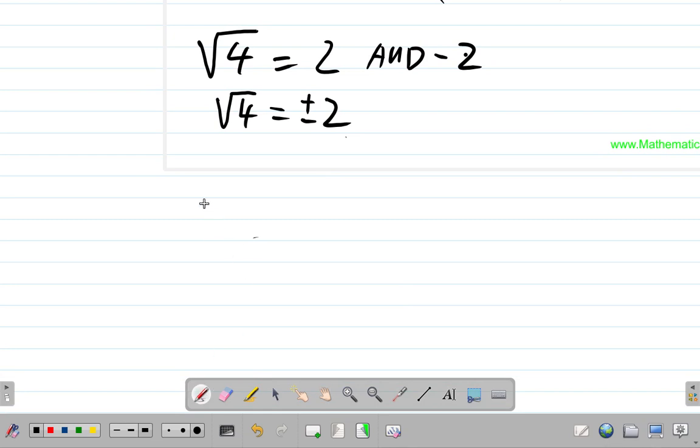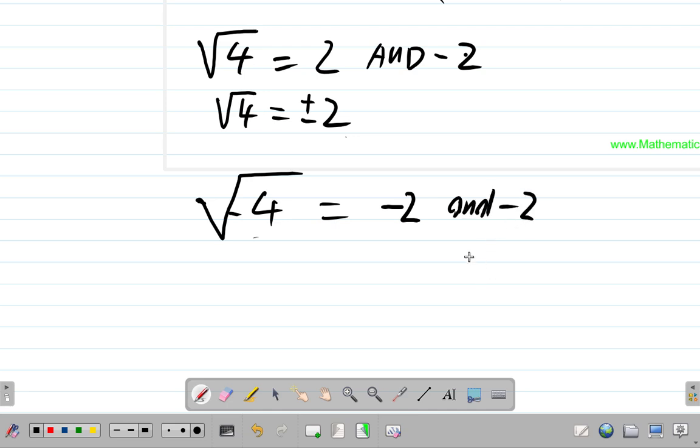Now that you know the square root of 4 is positive 2 and negative 2, say you're going to find the square root of negative 4. Nice. Question, what is the square root of negative 4? The square root of one number is another number. When you write down 2 of that number and multiply them, you get the number you want to find the square root of. So let me see now. Square root of negative 4. Suppose you say negative 2